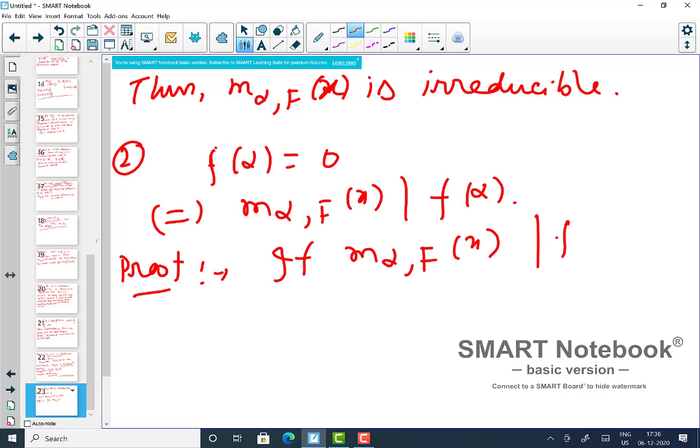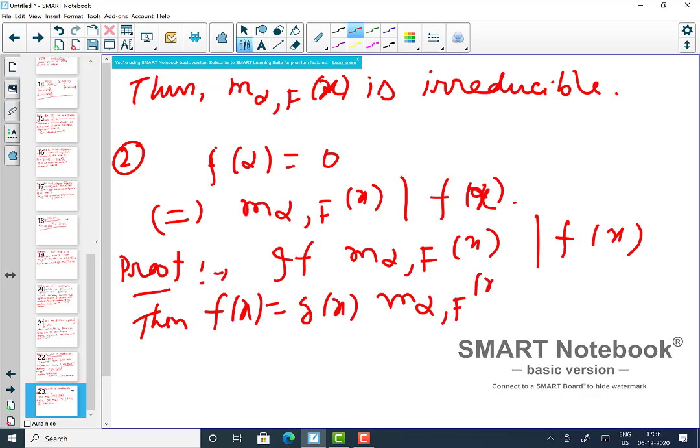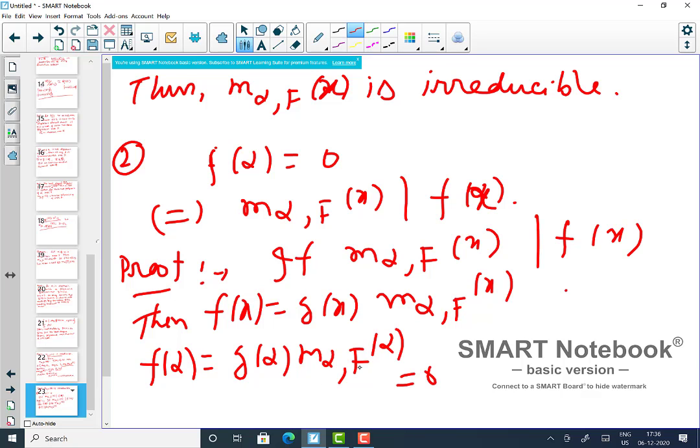(x) divides f(x), then what can you say? Then you can say that f(x) equals some g(x) times m_alpha,f(x), right? And hence f(alpha) equals g(alpha) times m_alpha,f(alpha). But this term is 0, because alpha is the root of this minimal polynomial, right? So this is 0. Now conversely,